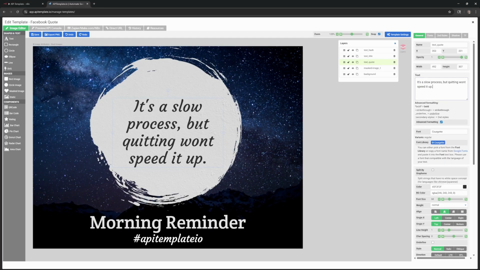So here, what you want to do is actually set it up so that this is the right color, the right font, the right spacing. If you want to left or right align it, whatever the case may be. All of those settings that you put in will remain the same. The only thing that's going to change, in this case at least, is the text. And then same with the background.